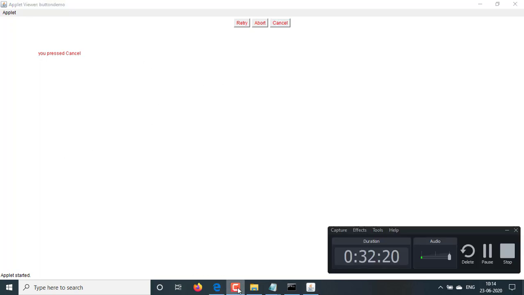You can take buttons and two text fields and perform these operations. Or you can set the foreground or background colors: whenever we click on any button, it sets the background color for this window. These things you can perform by using these buttons.